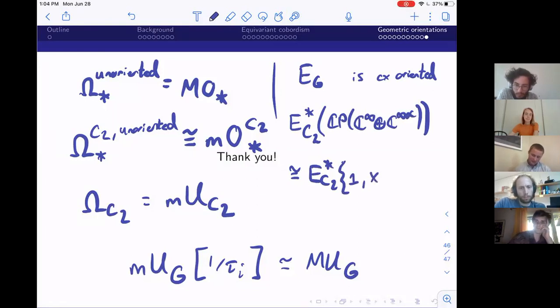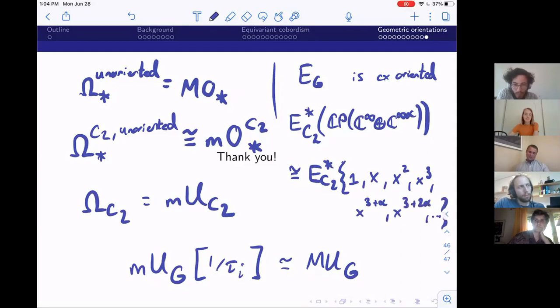You have the complex orientation X. You have X squared. You have X cubed. But you also have things like X to the 3 plus alpha and X to the 3 plus 2 alpha, et cetera. And so what's true is that basically for any choice of a sequence of X's and X alphas, you obtain an isomorphism between this cohomology group and this sort of free product on the X alpha,